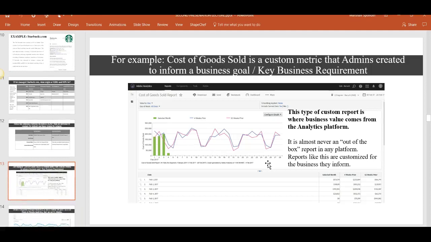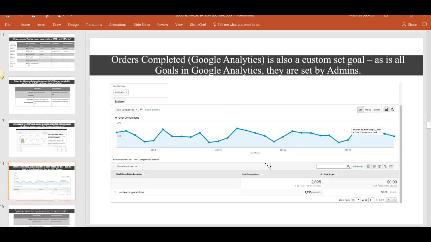Cost of goods sold is a custom metric. You might be able to create that in Adobe later on in the semester, or some other custom metric. I think there's an assignment on that. You'll never find that out of the box usually. And also orders completed, same thing. We see that in the Google Analytics implementation of the merchandise store.